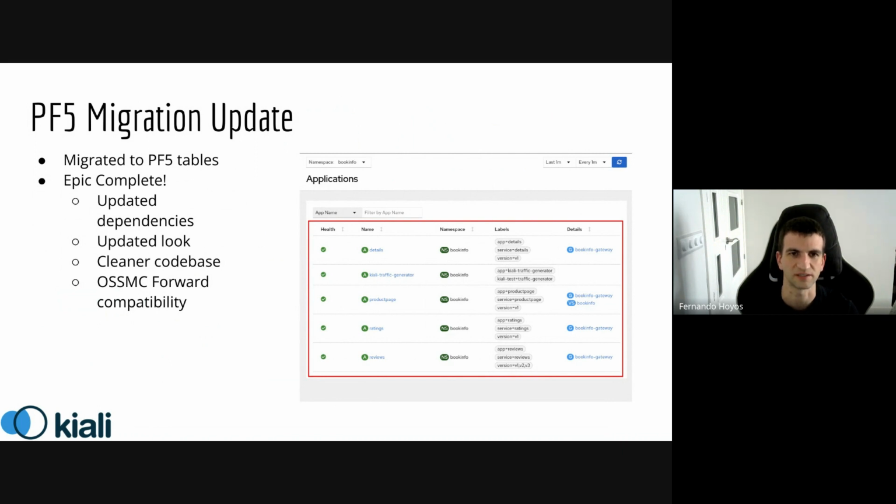So we can say that the whole Kiali is standard compatible with Patternfly 5. With this epic, we have also reviewed the code in the front end of Kiali. Thus, we have converted some classes into hooks.